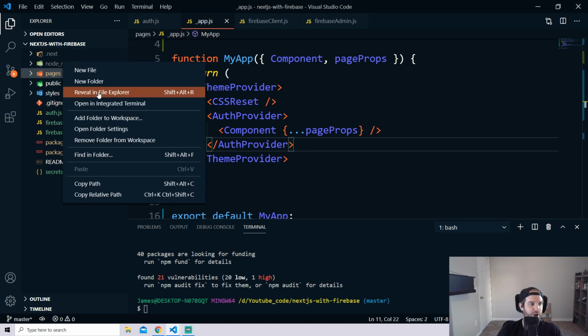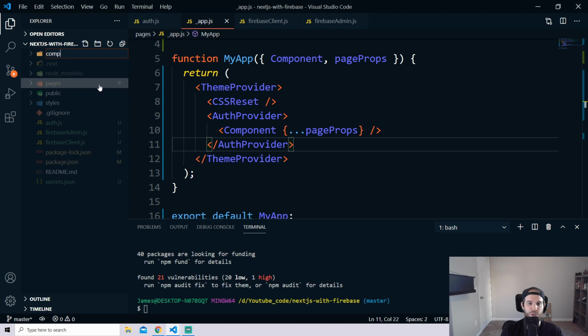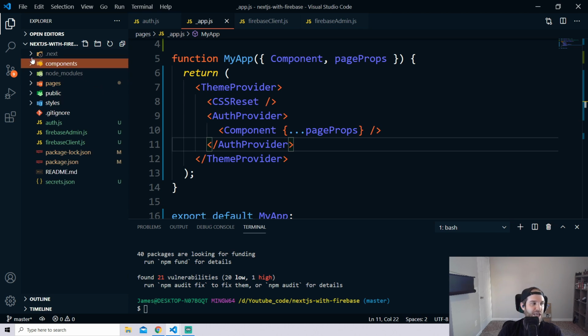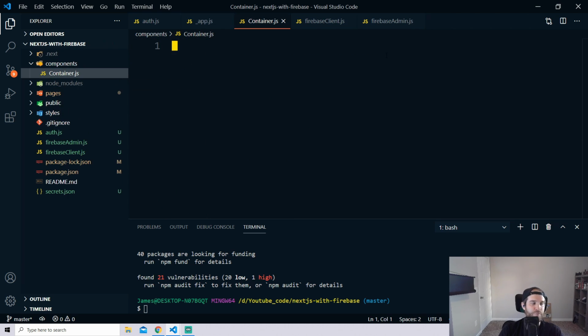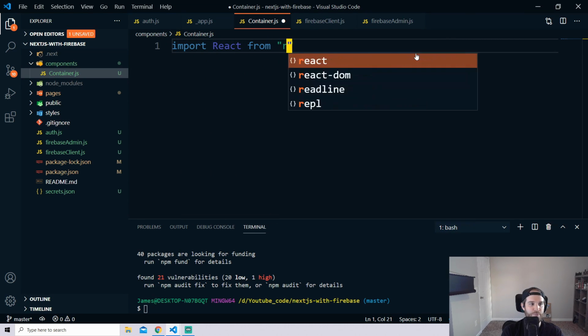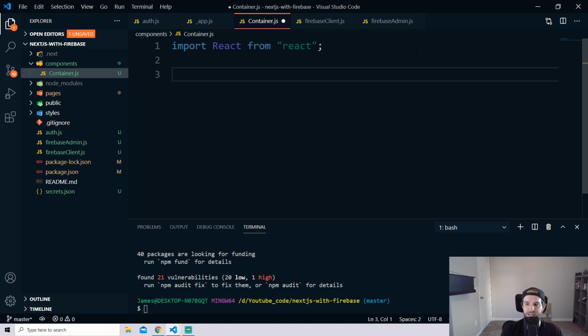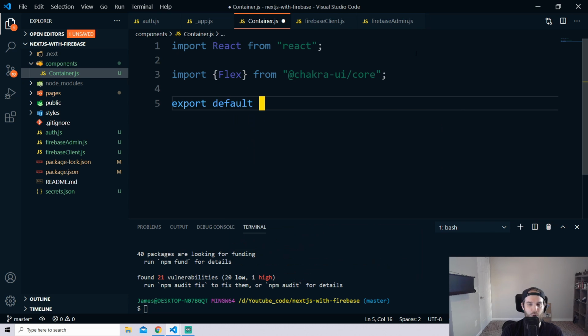But first, I want to create a component here, and the component is just going to wrap the whole page in Flex, because Flex makes everything easier, or at least that's the rumor. So let's go ahead and import React from React. And then let's import Flex, and that's going to come from Chakra UI core. And then we can just do an export default function, and we're going to call it container. And we're going to take in the children, so essentially the whole app again. And we're going to return